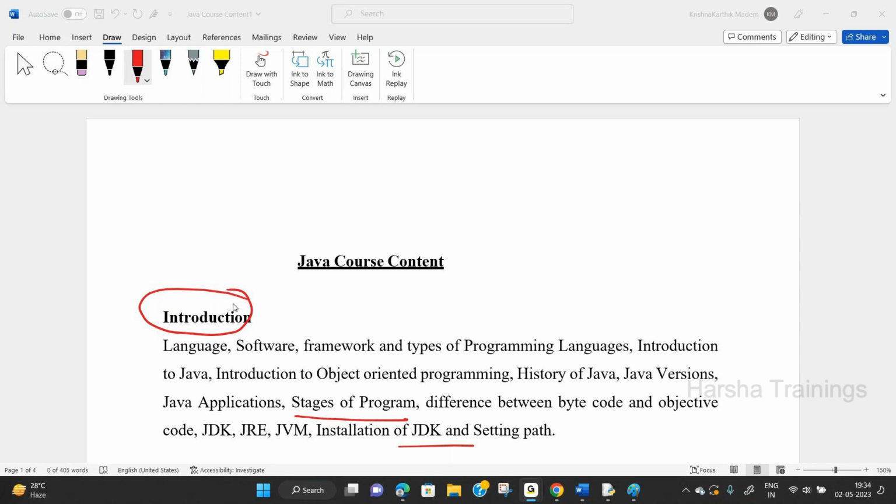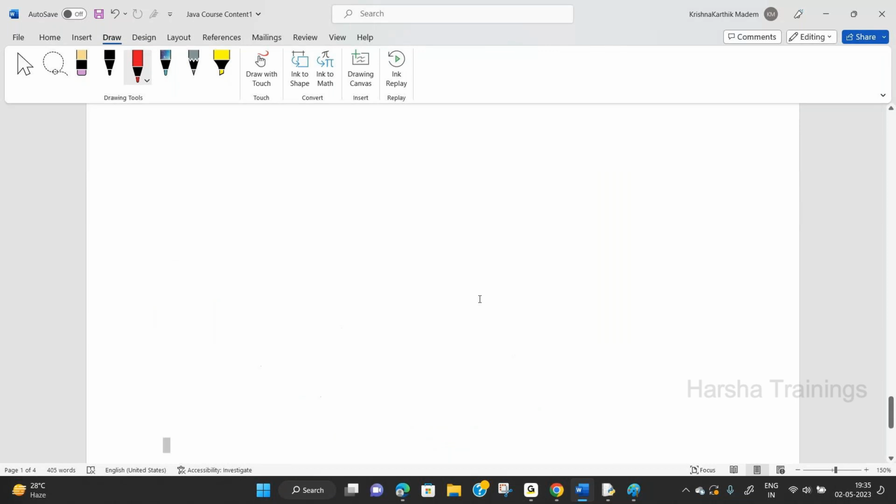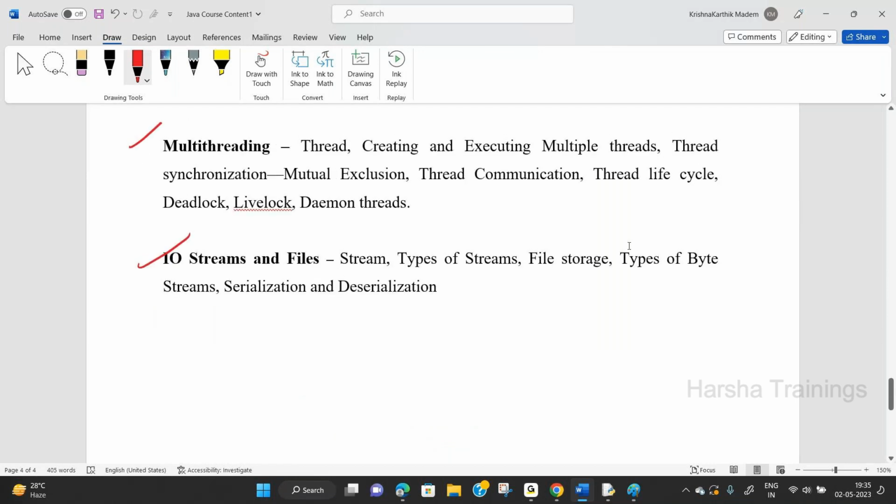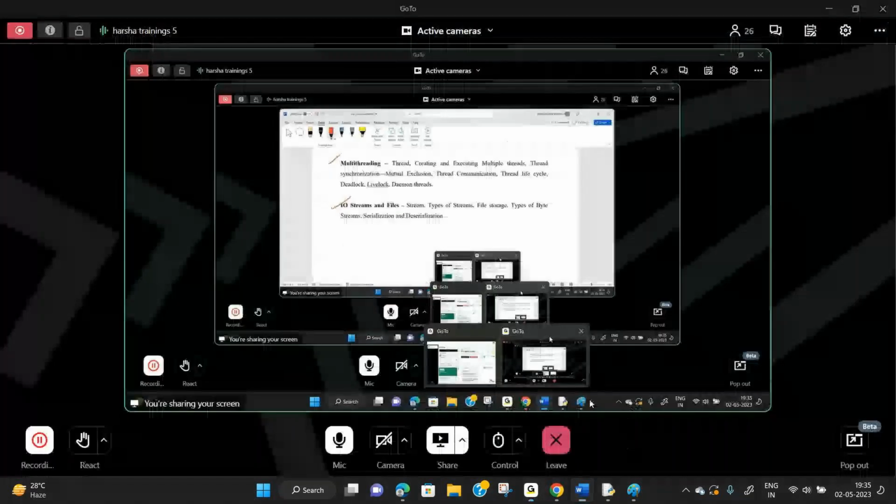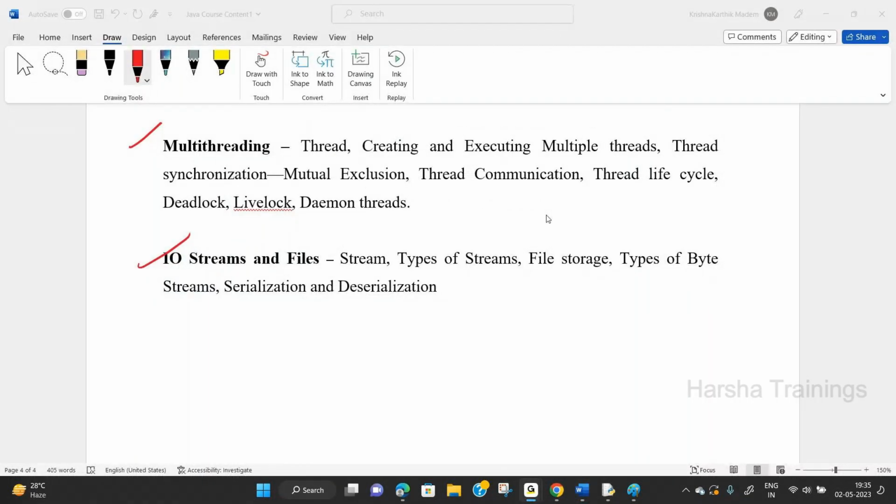Actually, files are the entry point into J2EE. In J2EE, the first topic you learn is the database. Why are we entering into the database? We discussed it in core Java, in the last topic. Observe, my last topic is files. In this we discussed what the problem of files is. By overcoming this problem, I entered into J2EE with the concept of the database. So this is only for core Java. Clear?